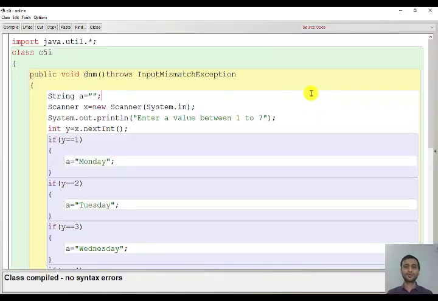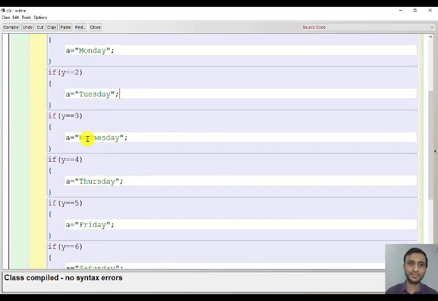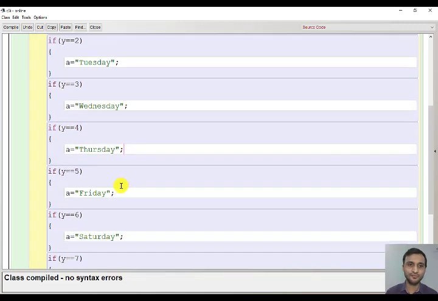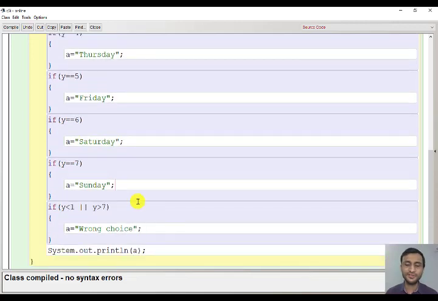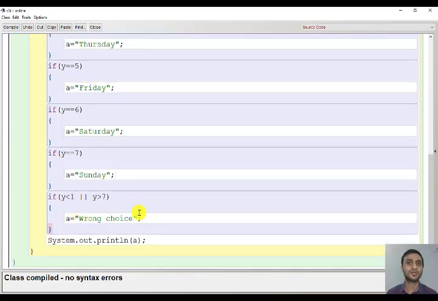This is the program which we had already done using if statements. You ask the user to enter a day number between 1 to 7 and according to the number you display: if 1 then Monday, if 2 then Tuesday, if 3 Wednesday, 4 Thursday, 5 Friday, 6 Saturday, 7 Sunday, and in case the user gives any number that is less than 1 or greater than 7, then we print wrong choice.